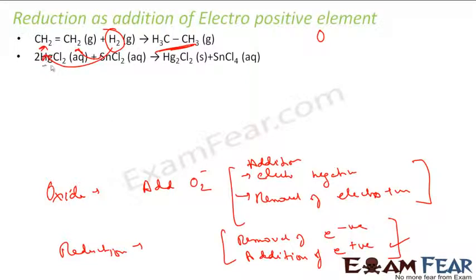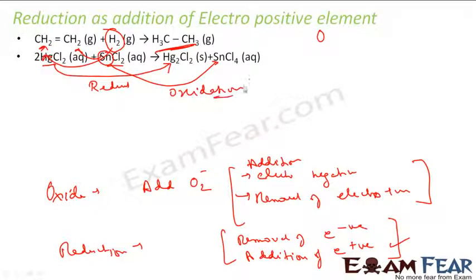The next example can be this one, HgCl2 plus SnCl2 gives Hg2Cl2. Here if you see, Hg is added, so it becomes Hg2, correct? So here this is my reduced, and this is oxidized, because in Sn, 2 chlorine becomes 4 chlorine. Chlorine is the electronegative element. Addition of electronegative element is what? Oxidation. So this became my oxidation. And that's what scientists observed, that in a reaction, if oxidation takes place, reduction also takes place. We'll take some examples on that.